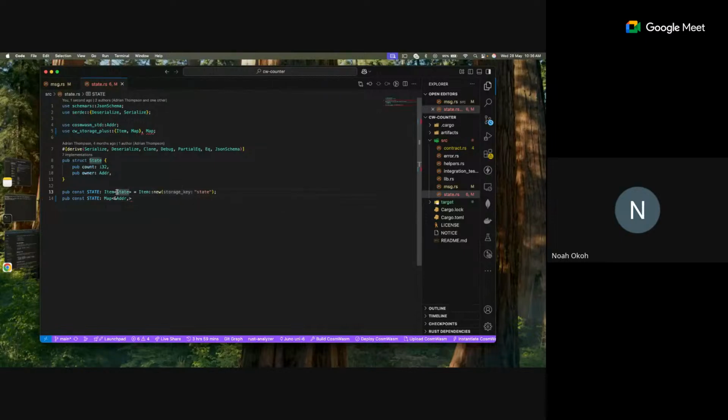Wonder why we did not use and state here. Let's see. Why did we not use and state? And then I think we can do map. New. Okay, and I think we just pass in line. We pass in state. Storage queue state. Let's see. So we can say